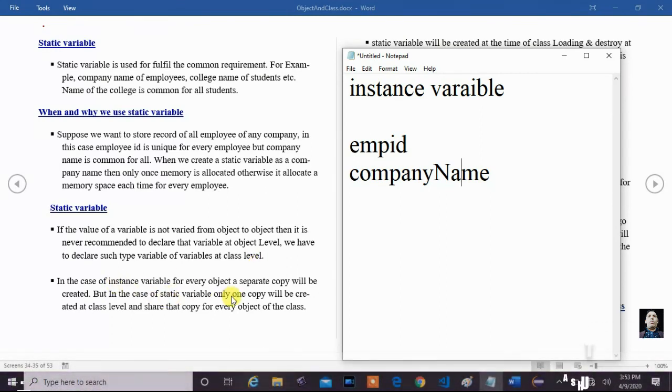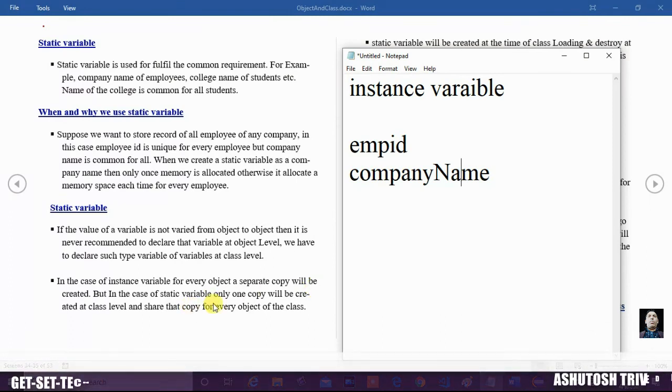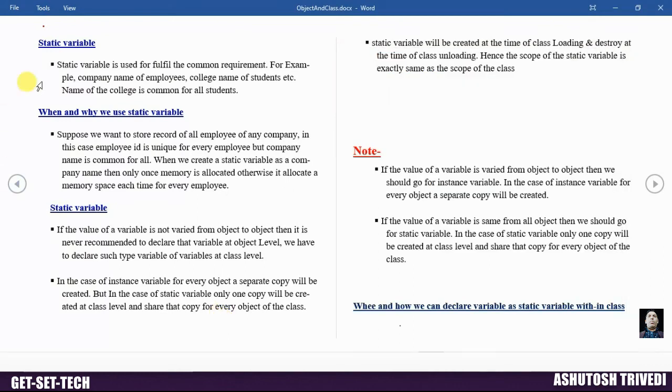In the case of instance variable, a separate copy will be created for every object. But in the case of static variable, only one copy will be created at class level and that copy is shared by every object of the class. So static variable is used to fulfill common requirement.